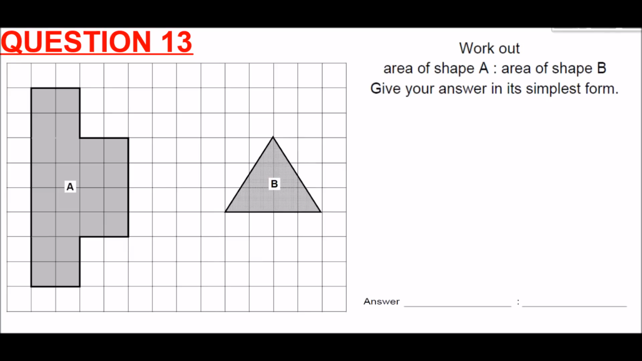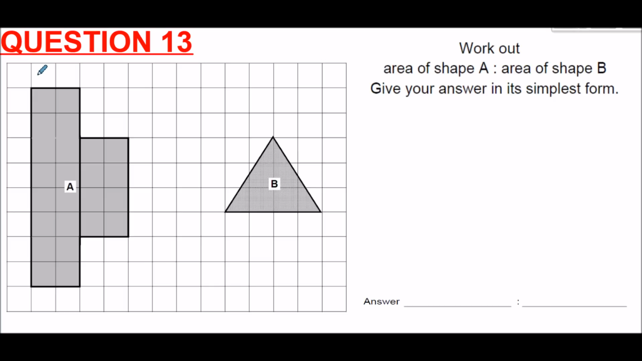Question 13, we need to work out the area of shape A as a ratio to the area of shape B, and what's more, we need to give our answer in its simplest form. So for shape A, what we could do is split this into separate rectangles by just taking one line and dividing straight down. And so if we were to do that, we'd be able to see that this rectangle here